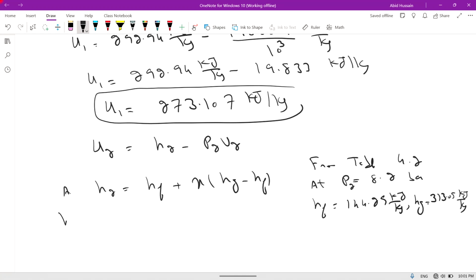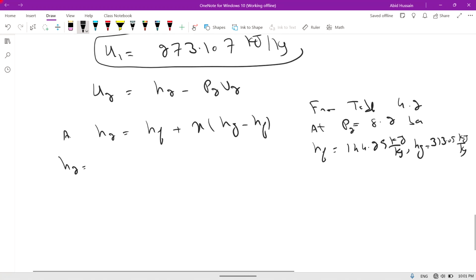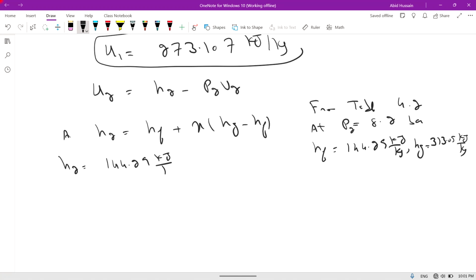Now h2 is equal to hf, which is 144.29 kilojoule per kg